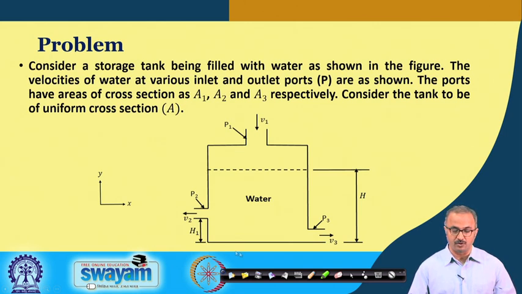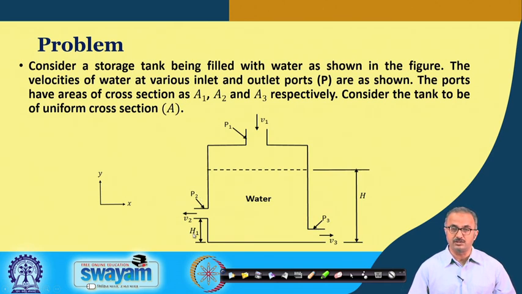Now during this flow of these three streams, we shall be having some water. Now this water depth will be changing depending on these three flow rates. Once these three flow rates come to some values which results in steady state, we will find that the level of water will also reach a constant value. So this is the process description, and other things are that we are designating the ports by P. So this P1 port, P2 port, P3 port. P1 port is inlet, P2 and P3 are outlet ports.